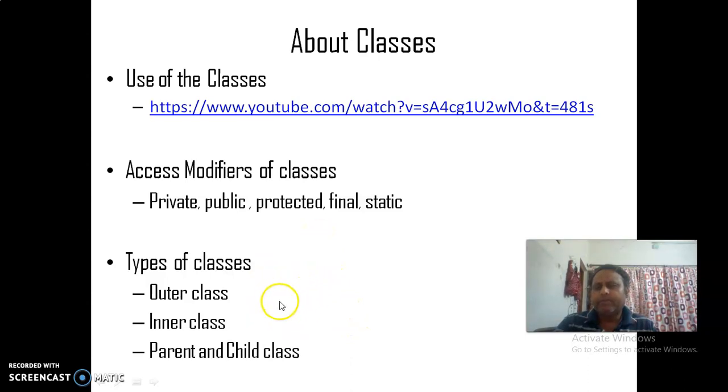We have types of classes, outer classes and inner classes, and parent and child classes. These concepts are in Java. The outer class and inner class concept is not available in C++ and Python. Only the parent and child class concept is available in C++ and Python.